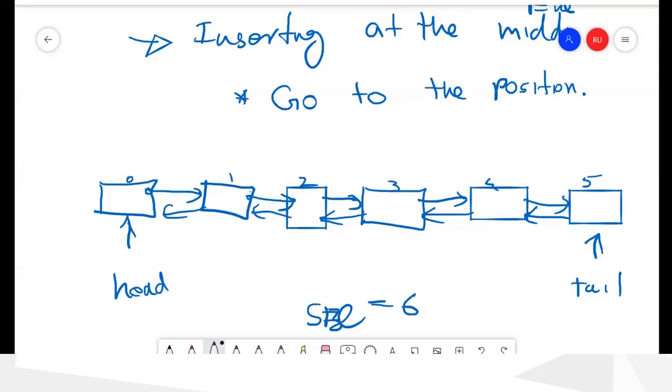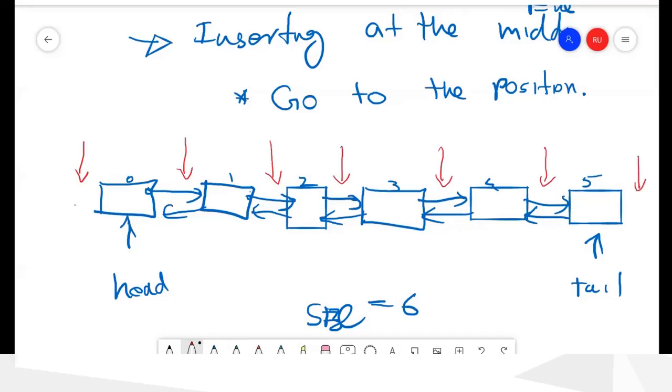Okay. So when we are inserting, we can insert here, or here, or here, or here, or here, or here, or here.